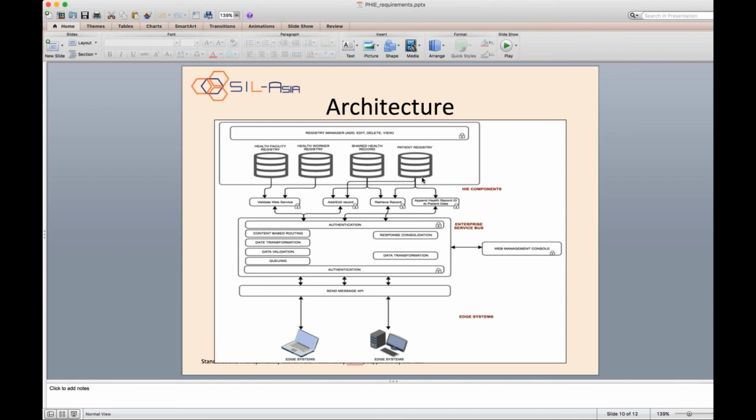Another service that will be made available via the Enterprise Service Bus is the Add Edit Record of the shared health record, the Retrieve record, which is a shared resource of the shared health record and the patient registry, and the Append Health Record ID to the patient data service. For the Add Edit record, which is a shared